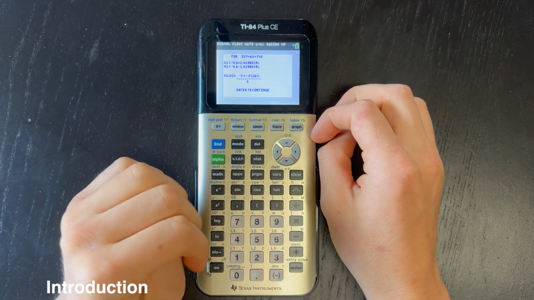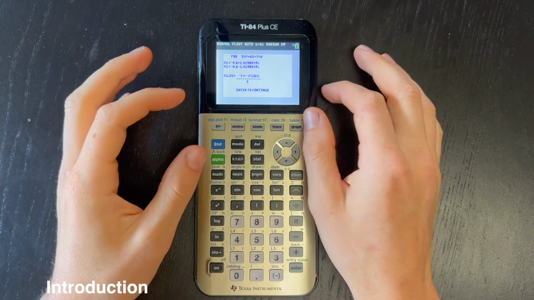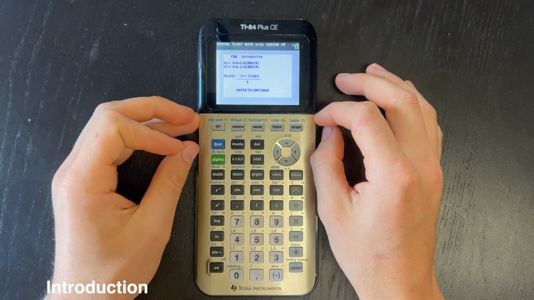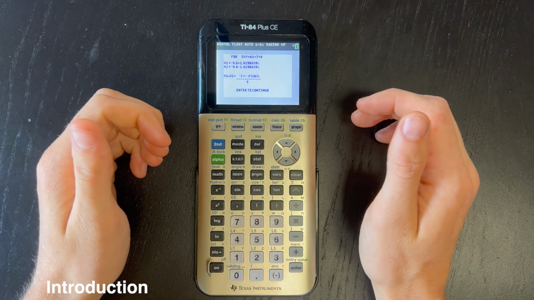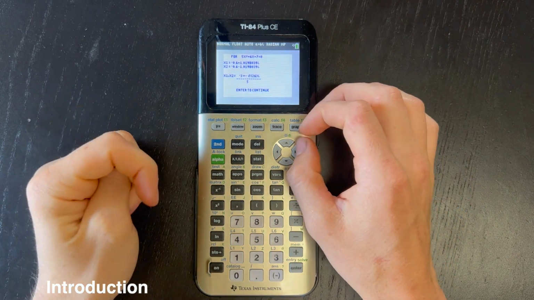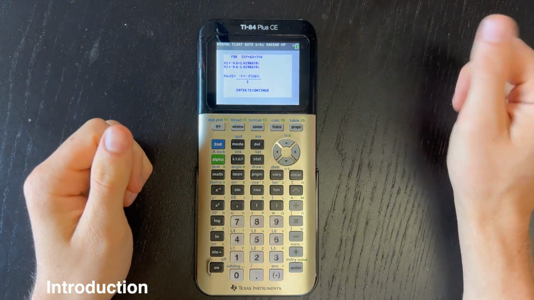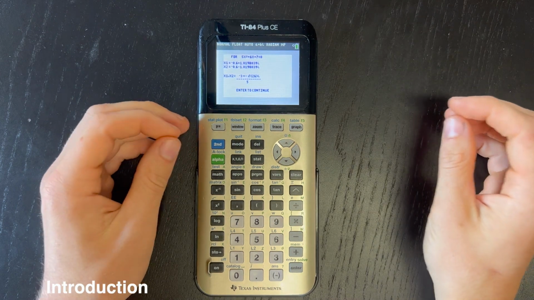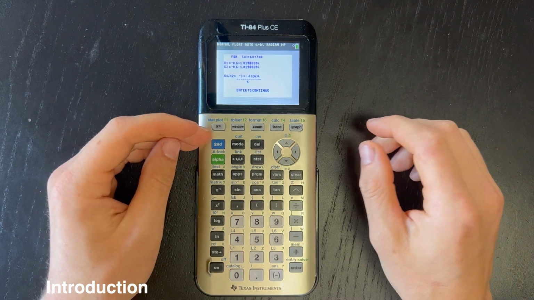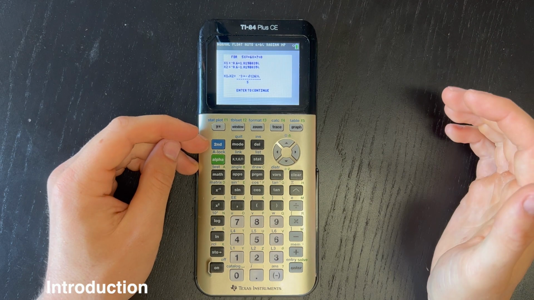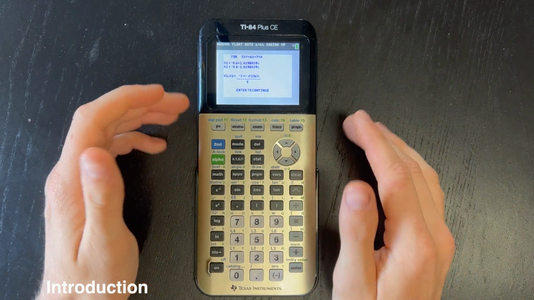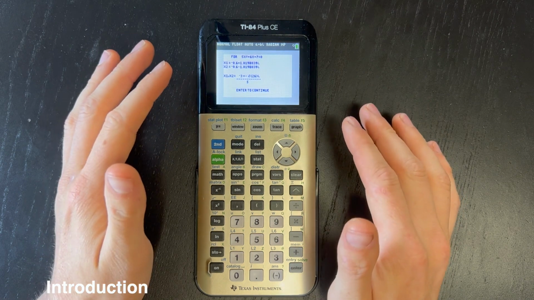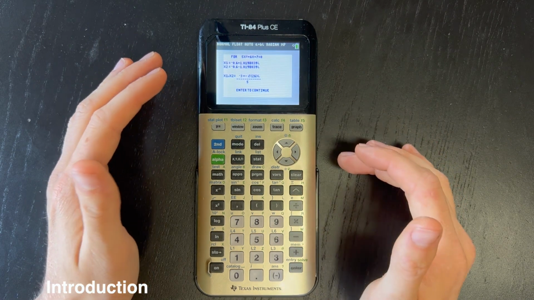However, you will notice how long this video is. That's because this program is quite a bit longer than some of the other simpler programs out there, but I think it does do a better job in a lot of cases. So I'll show you how it works in just a second, and I will in this video walk through the entire programming process on this calculator, but I would recommend that you don't watch that, and instead you either download